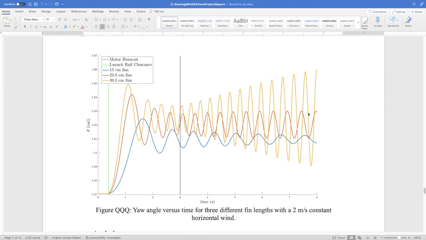And that's probably what we want for this rocket because we want the fins to be big enough that adjustments to mass distribution and even weird stuff sticking out into the airstream from the top of the rocket won't destabilize the rocket. So if the fins are bigger, stuff like that will have a smaller impact on the stability. But the fins aren't so big that you're going to get these large amplitude oscillations later on in the flight. So the conclusion here is probably something around the 22.8 centimeter fins, and those are in